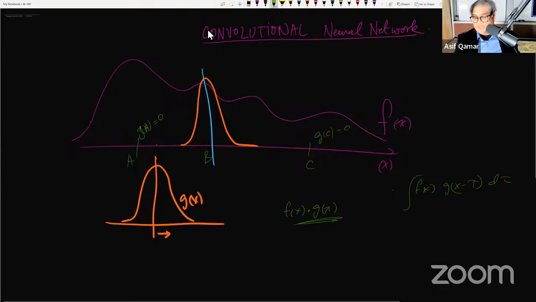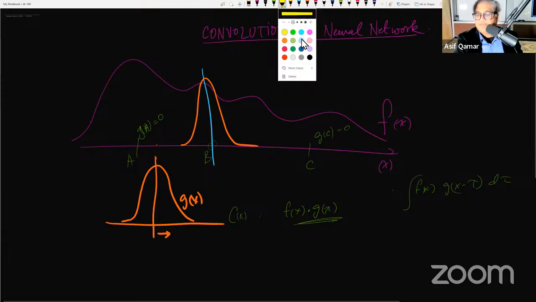So g takes non-zero values only in the vicinity of b. So what does that do? If you look at this product function, let me call it c of x, roughly speaking, it will give you a very localized view